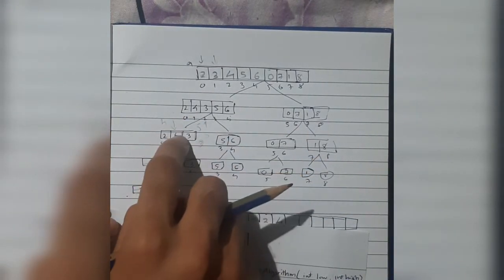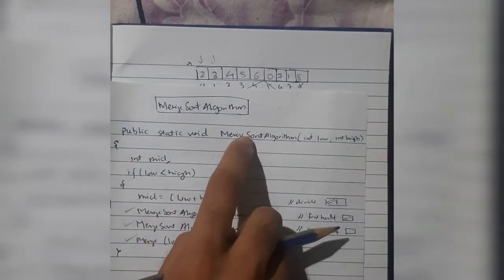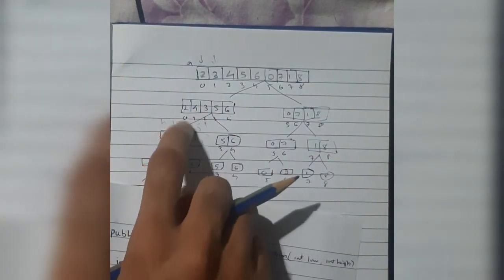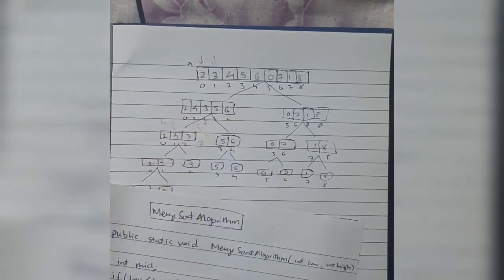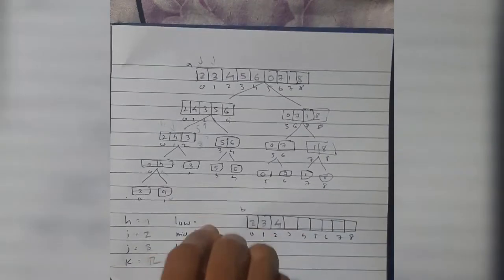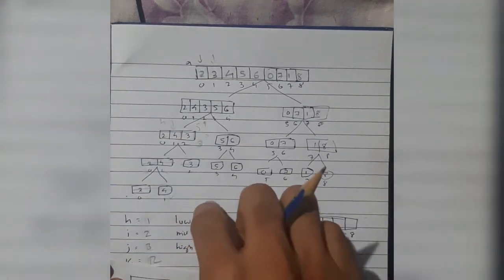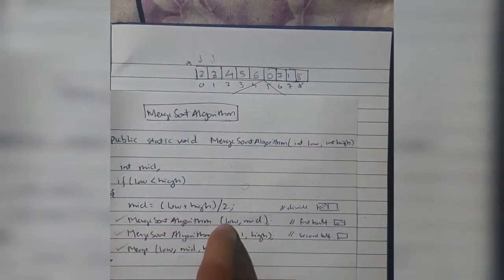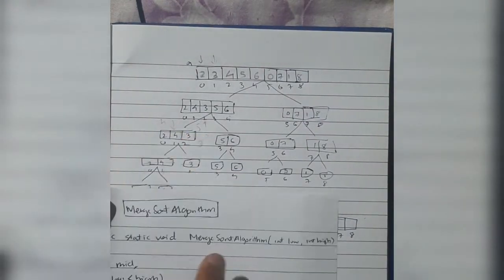From where did we call this array? Means this function where it was called from, which made us do these things. This was called from under this array, the first line of code. When we are under this array, what are the values of low, mid, and high? 0, 2, and 4. Let's make the changes. In 0, 2 and 4, this array was called, right, in the first line of code. Low and mid was passed as 0 and 2, which made us call this algorithm.